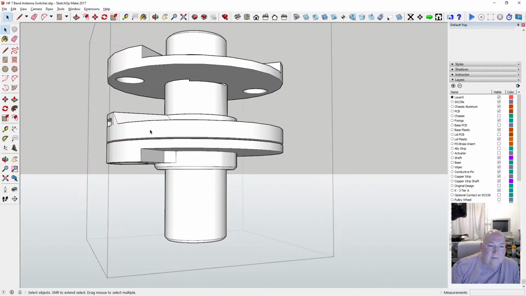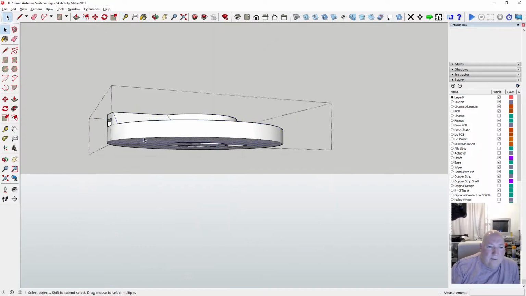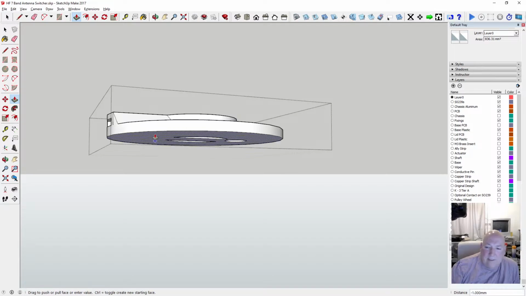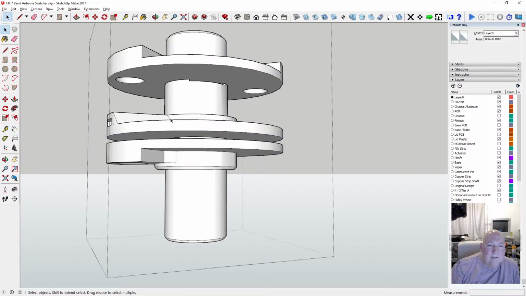Let's just take off 0.25. No, what's that? Take off 1 mil. Then we've got, what have we got? 1.731 as opposed to 1.453. We want that the same, really.